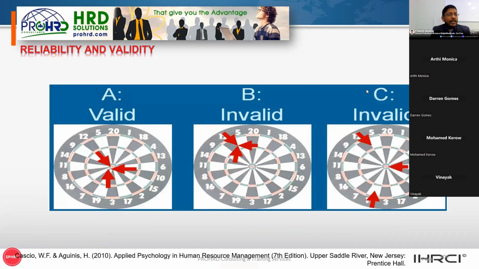Then, for example, you are doing recruitment tests, psychometric tests, group tests, and aptitude tests, and you select a person based on a good score. You assume the person will perform very well, and after he joins, during the probation period, his results are pretty good. So you can correlate: the more he scored in the aptitude and psychometric tests, the better he turned out to be, a right fit. That is validity. Validity means the measure, what you intend to measure, is found to be right. So we have seen validity and reliability.